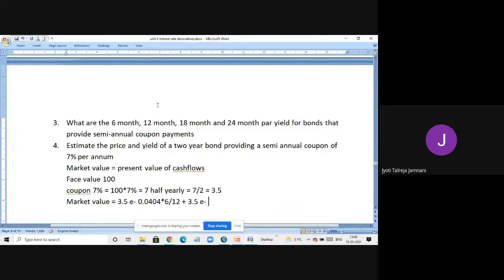So bond A was 6 months, the rate was 4.04%, that is 0.0404. For bond B, I think the rate was 5.12 or anything else we had got. If the rate is different, please let me know. We have already calculated this and you have solved it in your books. I'll share the entire document with you by taking it from the other PC by today evening, or I'll try by tomorrow at least.